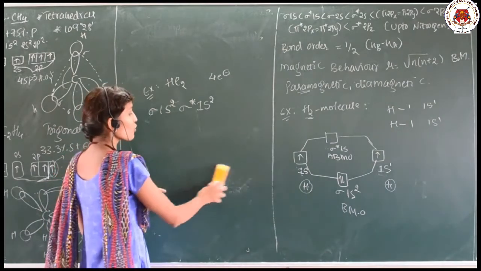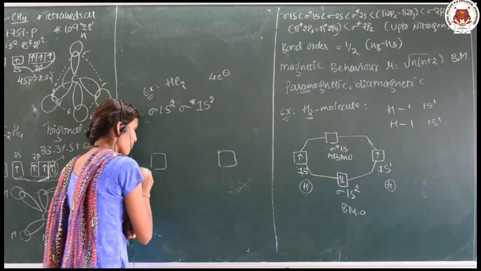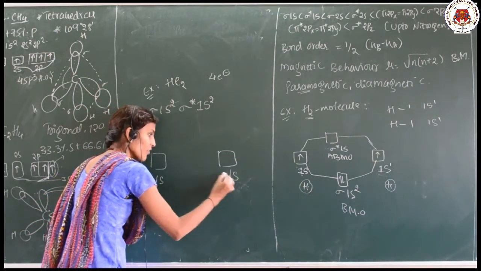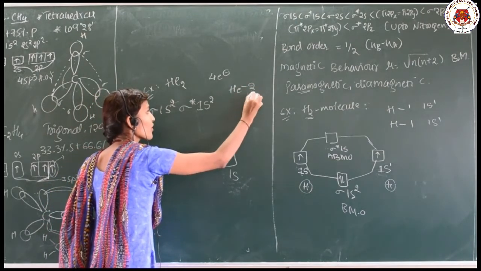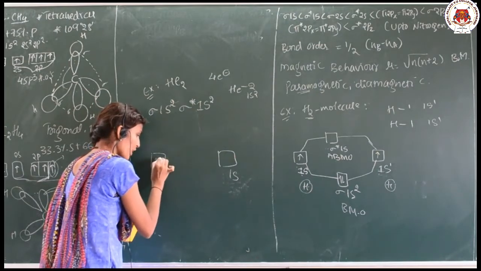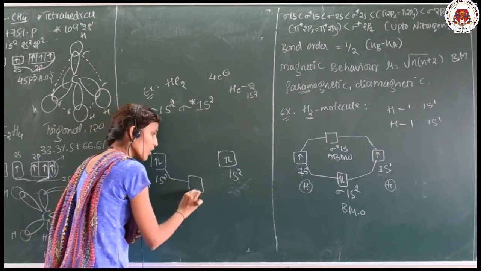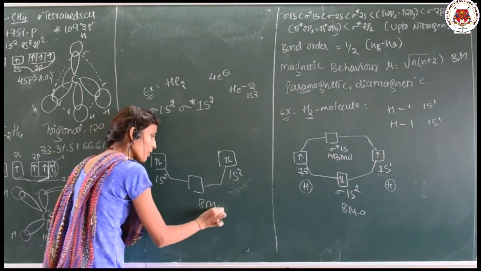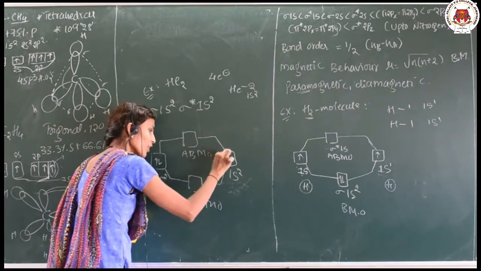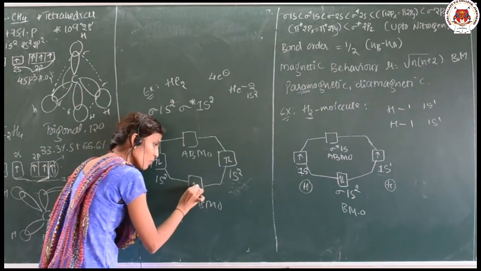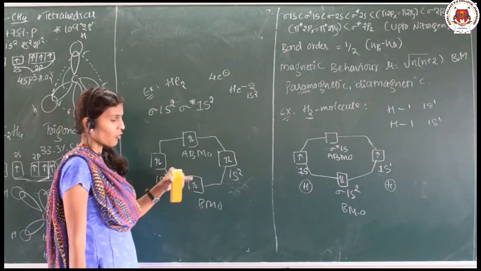If I want to draw the molecular orbital diagram, same as before, you just take 1s. How many electrons does each helium have? 2, that is 1s2, this is 1s2, 2 electrons each, and these combine with each other to form the bonding and anti-bonding. Okay. First 2 electrons go to bonding, the other 2 electrons go to anti-bonding. Like this the molecular orbital diagram is drawn.